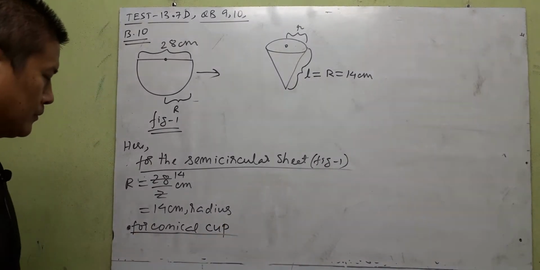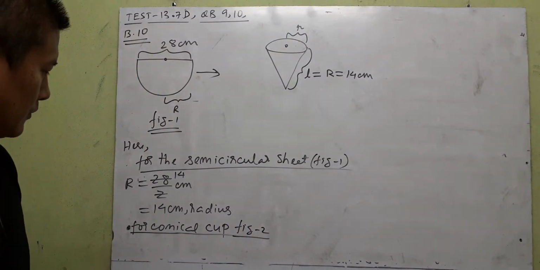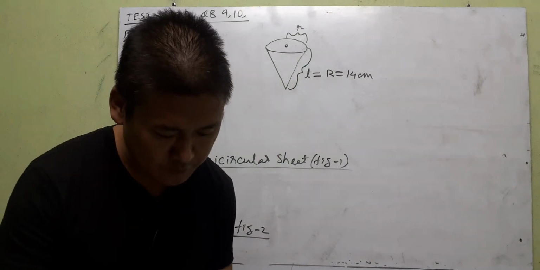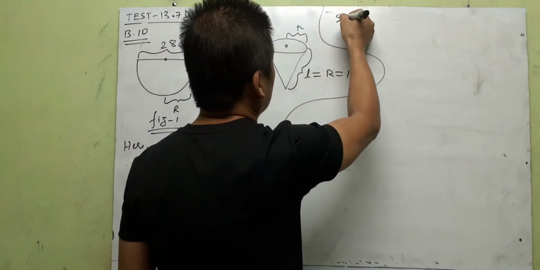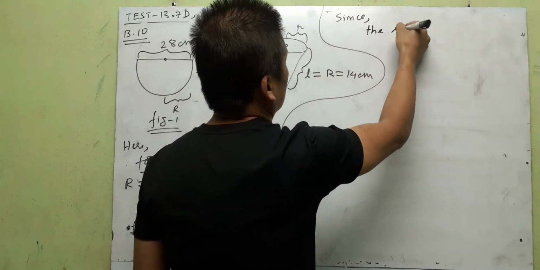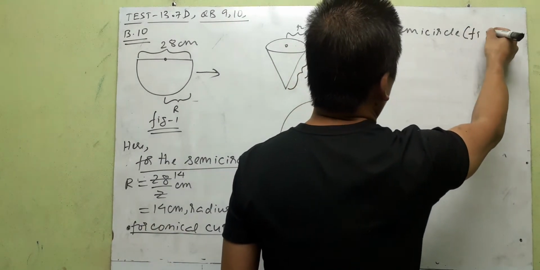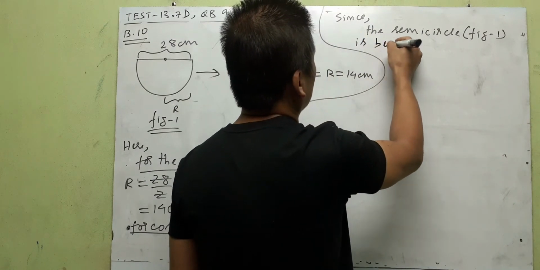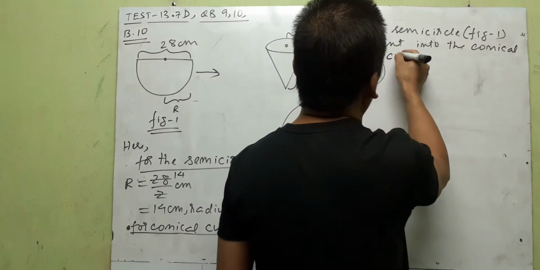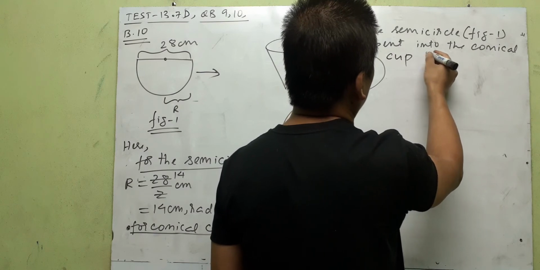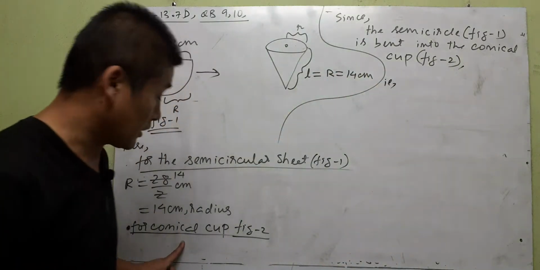Okay, for the conical cup, which is figure 2, you can just write here: since the semicircle, which is figure 1, is bent, according to the question, into the conical cup, which is figure 2. That means for this conical cup,